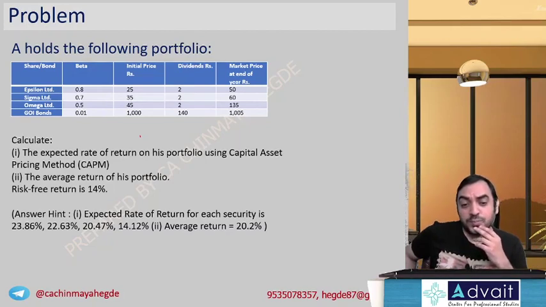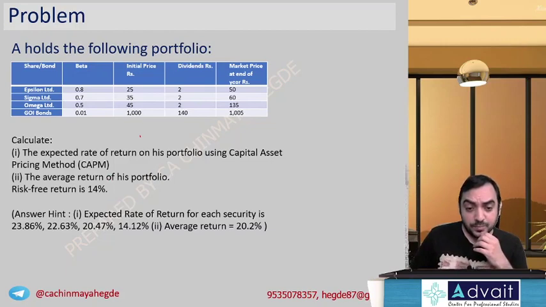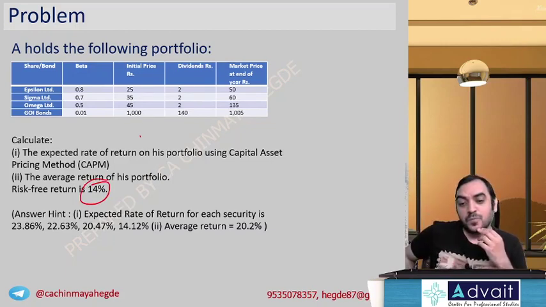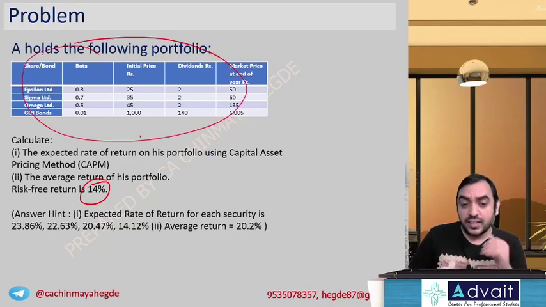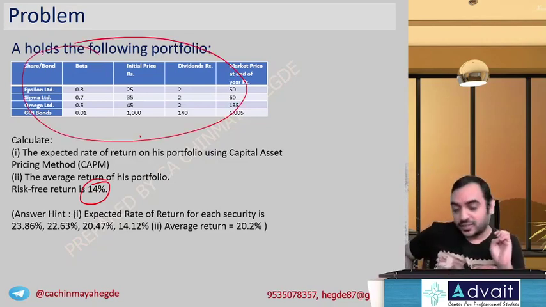The best part about this problem, they asked us to compute the CAPM. Risk-free rate is given, market rate is not given. What to do? Market rate is not given. Practically, we go to the index and we calculate. So here we will consider the entire list we have as the market.